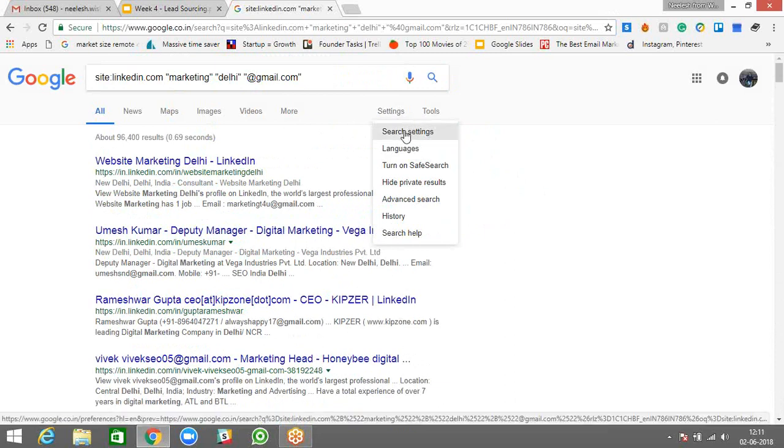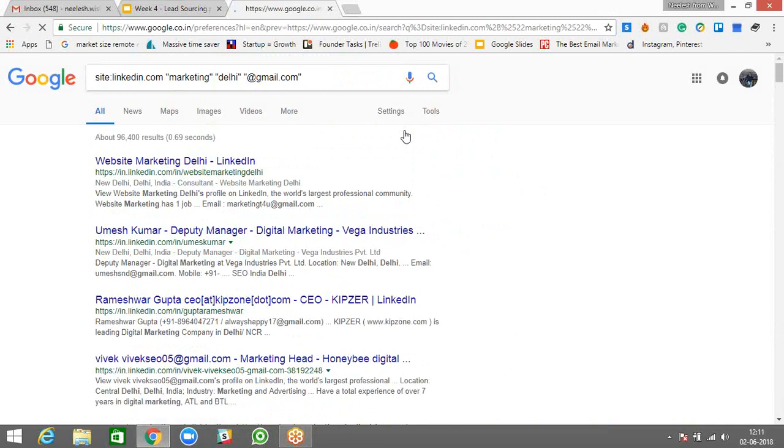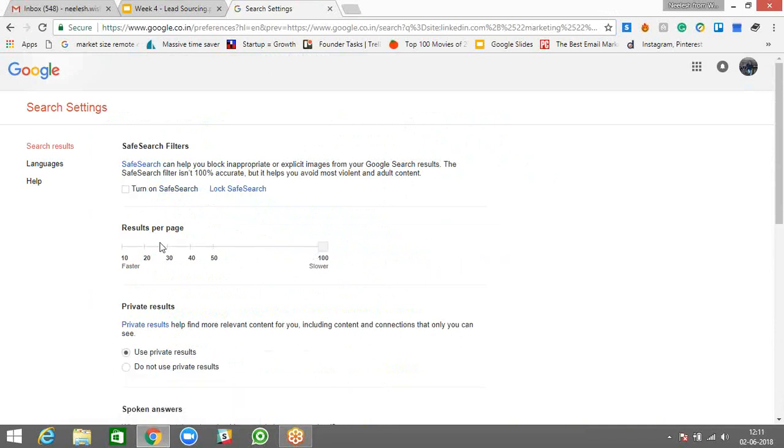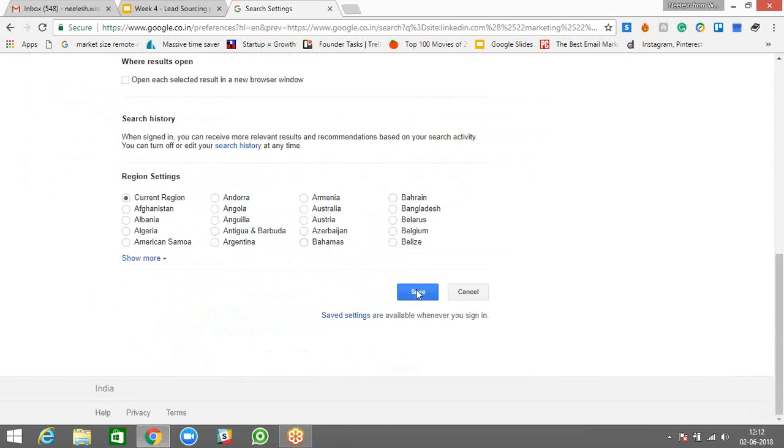Go to search settings. And stretch this bar. Drag this bar to here. Results per page. Drag it to 100. I'm not repeating this. Please listen to me carefully. Drag this to 100 and click save.